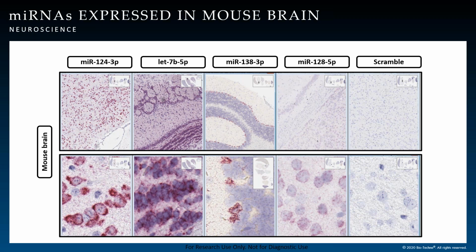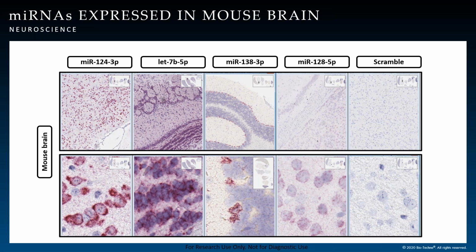Next, this is also in line with neuroscience. We're looking now at other microRNAs that have been studied previously, and there's substantial literature research on these microRNAs in terms of their role in the development of the mouse brain. So in the first column, we have miR124, which we have discussed already, but on the bottom row, we can actually see a zoomed in image of the signal that we're seeing, and you can see it's a